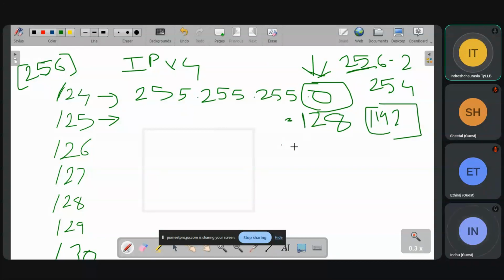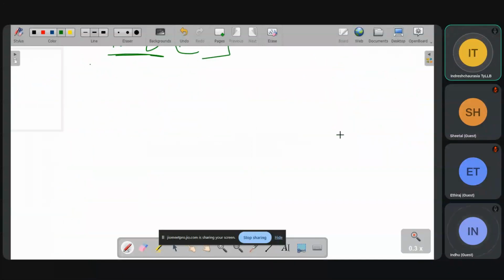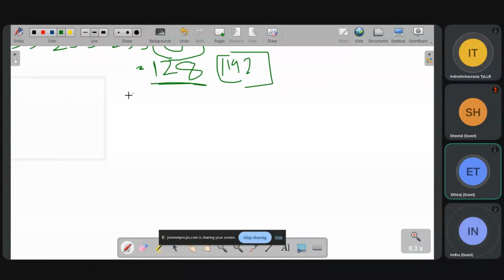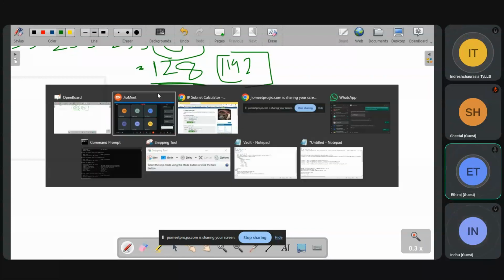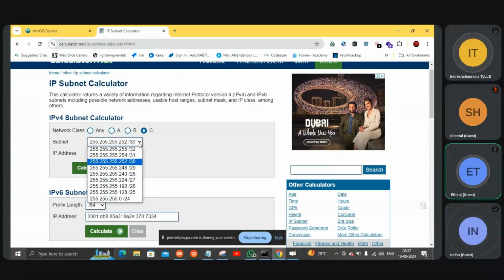Now again, which number will come? You don't need to do half now. Which number is it going to be here? 64. Oh, you don't need to do half. 62. Oh, that's right. Just a minute. So here the number that is going to come is 192, then 224.